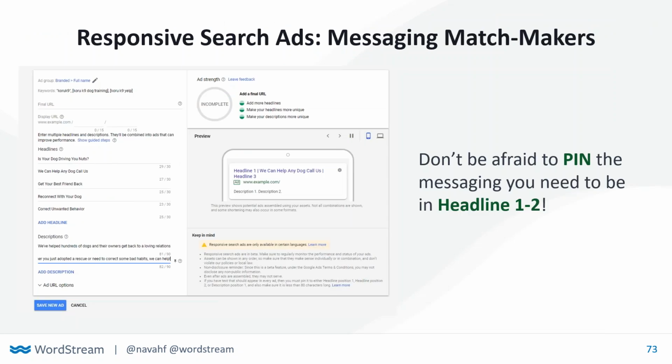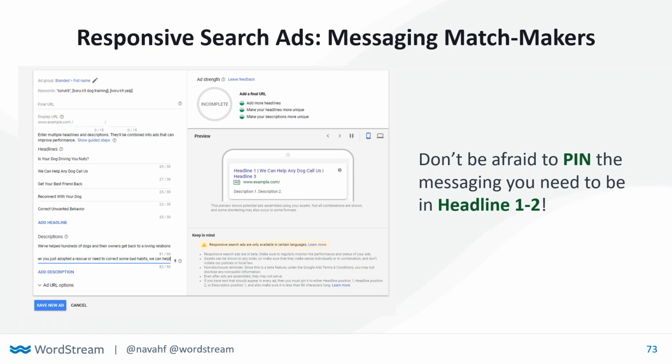Now, with responsive search ads, these are, as I mentioned at the beginning, messaging matchmakers. And where these go awry is that people don't pin headline 1 or 2, which are the guaranteed headlines to serve, and they don't lock in the idea that's the most important. The other thing, and this is actually something our Director of Strategic Partnerships, Mark Irvin, mentioned in one of his talks, is that RSAs are really meant for the creative out-of-the-box ideas.